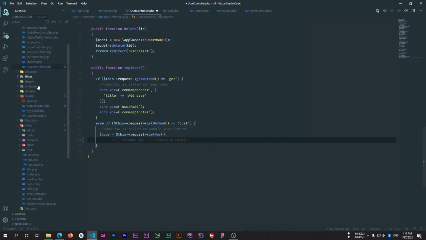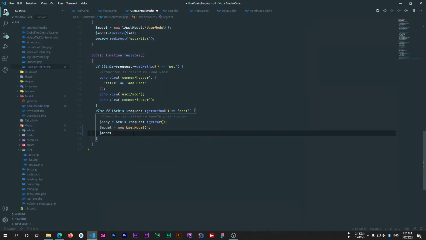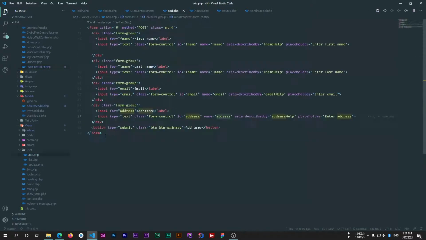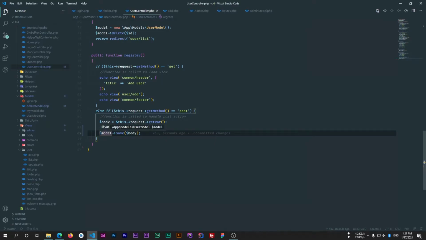So I'll get an instance of that user model here, new user model, and we can use this model variable to save the data. I'll simply save this body. This means all the data coming from this form is inserted directly inside this table without any conditions or validation. I'm storing this response in a new variable.